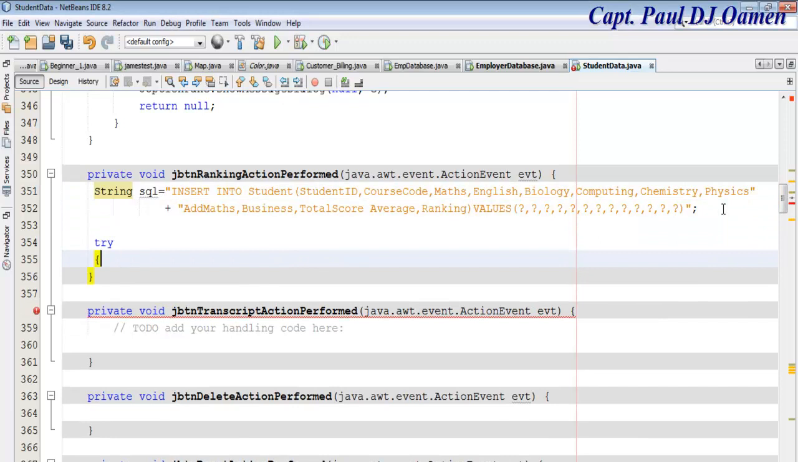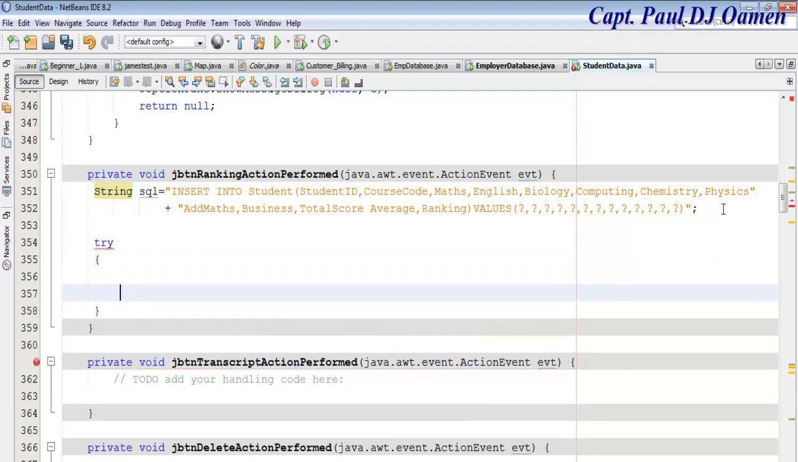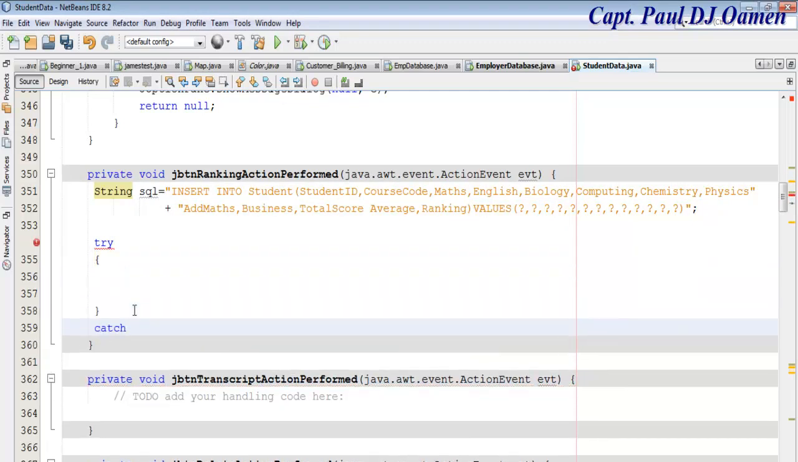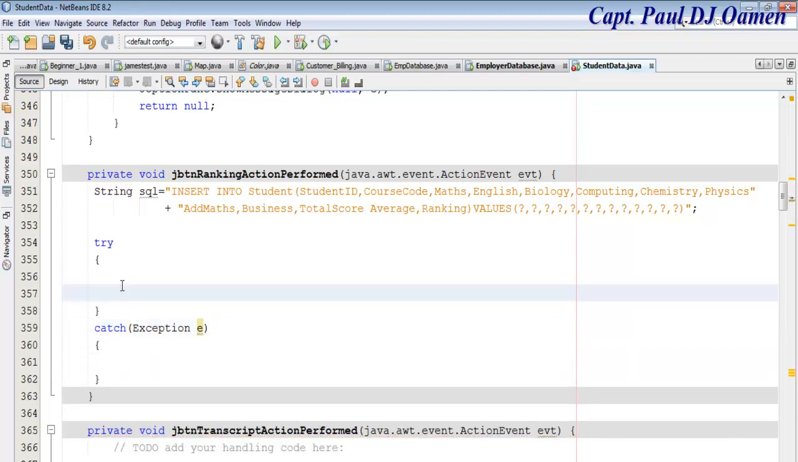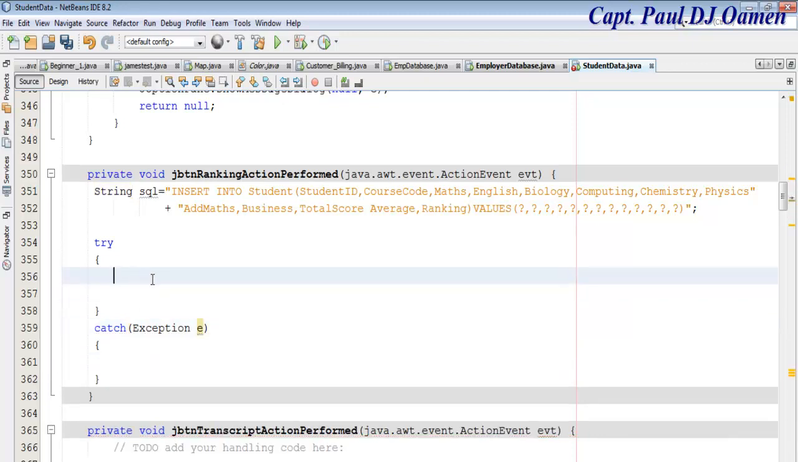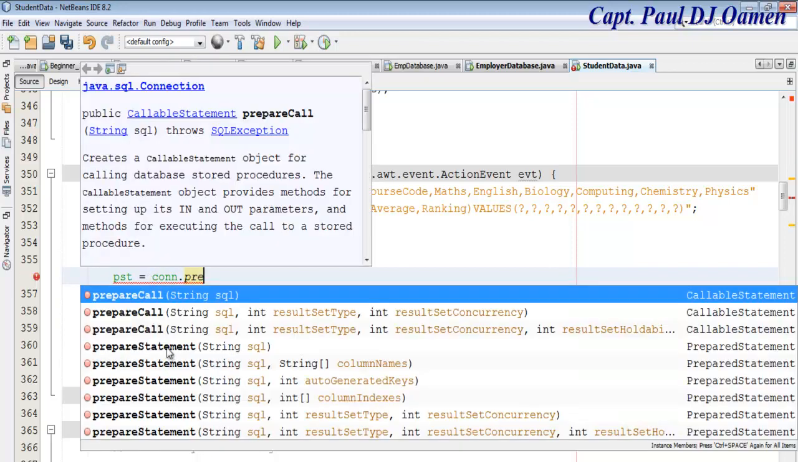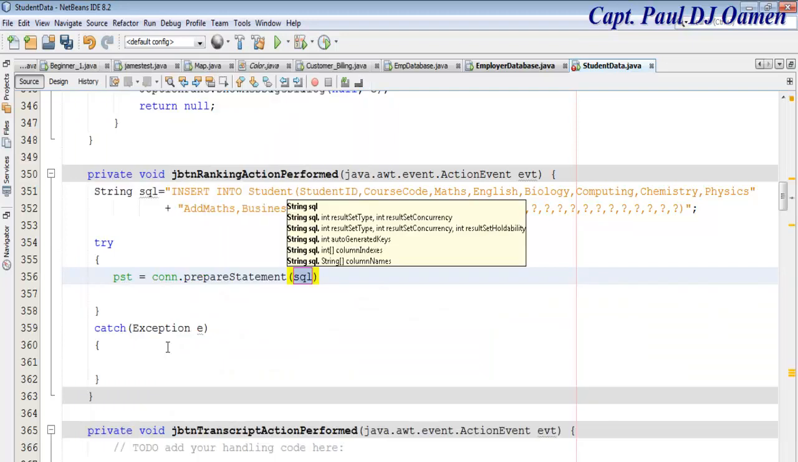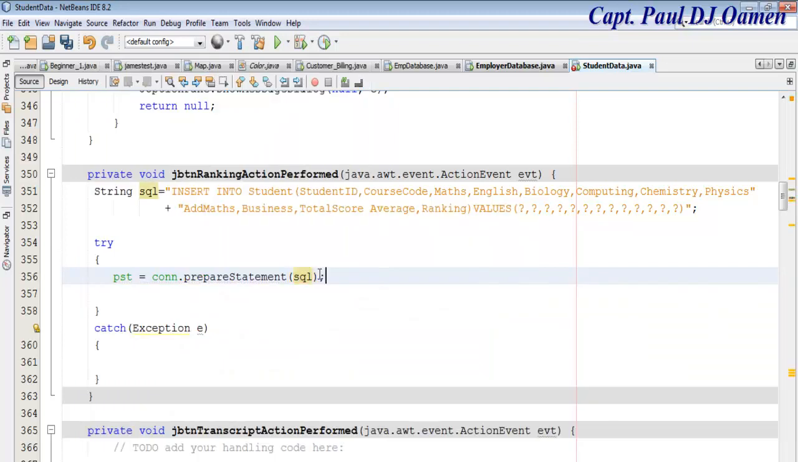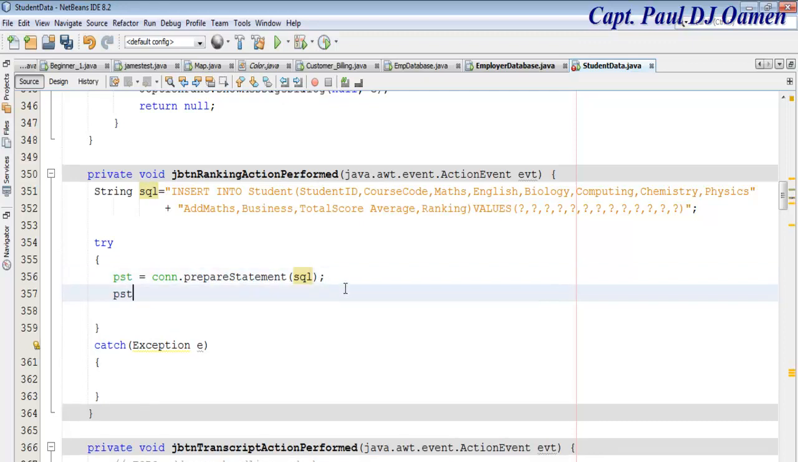Try catch as follows, and let me enter catch right here, and that's going to be exception e there. And here what I would then do is I'm going to say prepared statement equals con dot prepared statement, and this prepared statement is an SQL1. Now prepared dot